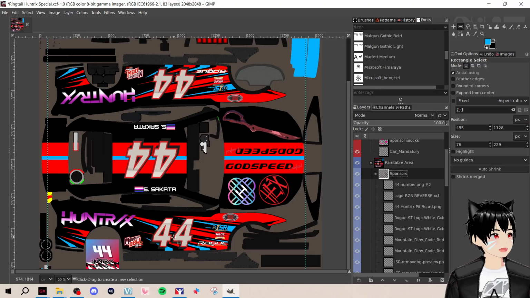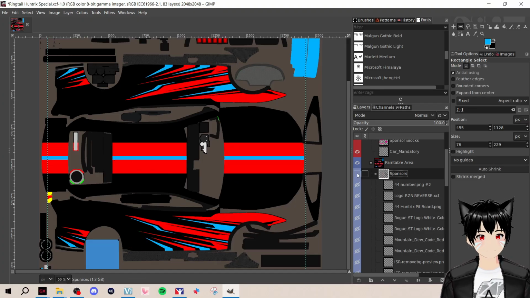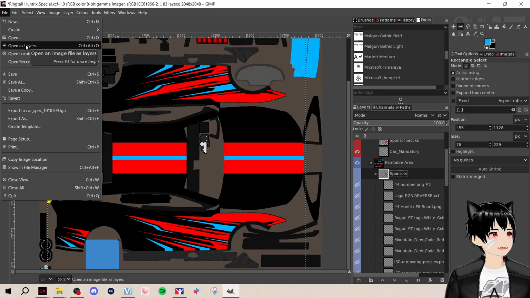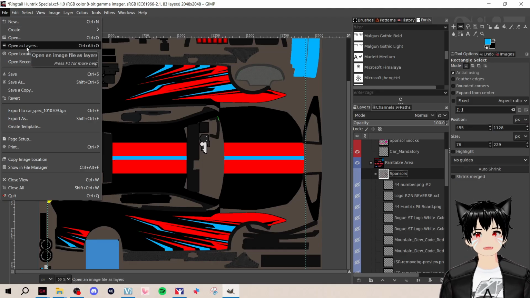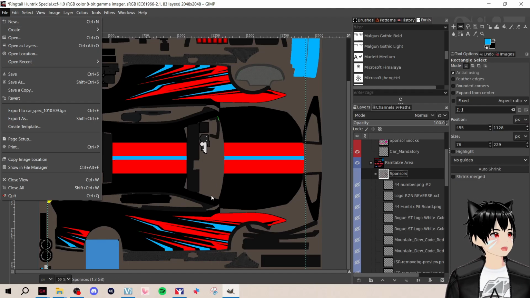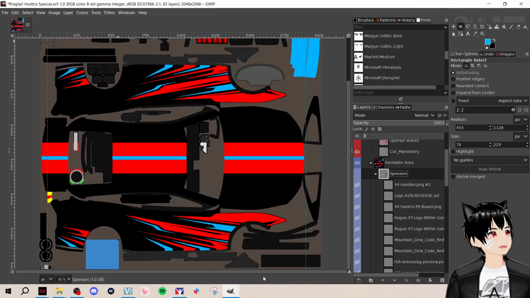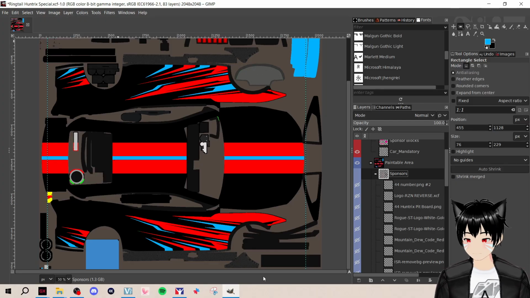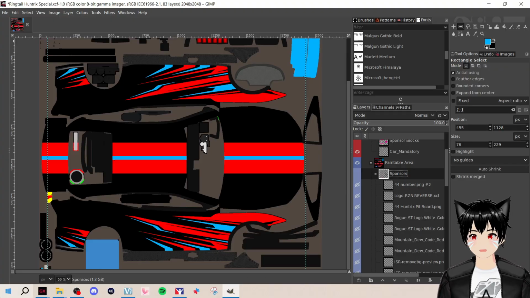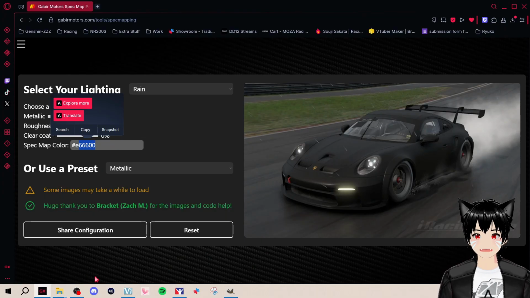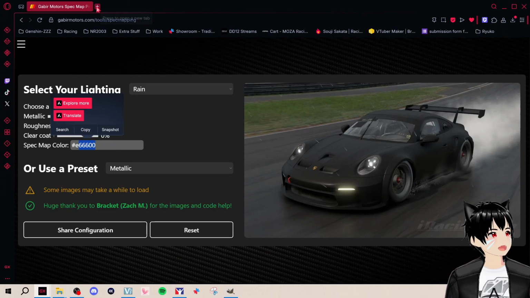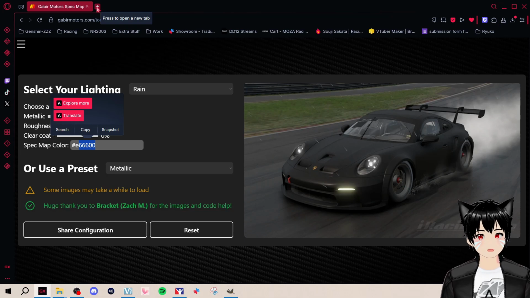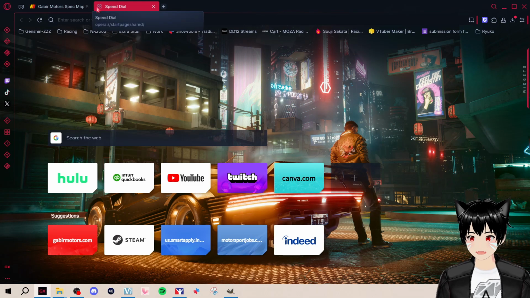Now, let's say you have a blank car and you want to add one, like this. You go up here to File, Open as Layers, and then open whatever file you want to get. Make sure you have your logo downloaded first, of course. If you don't, go download your logo. And then if for some reason your photo has a background and you want just the logo, you can go to